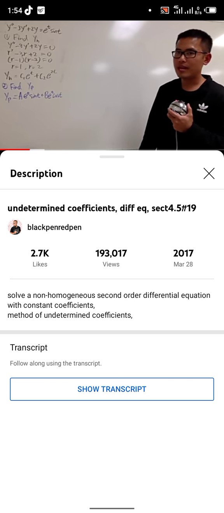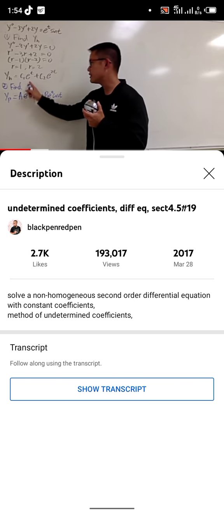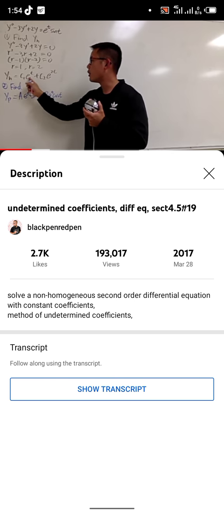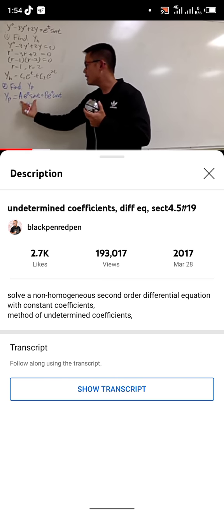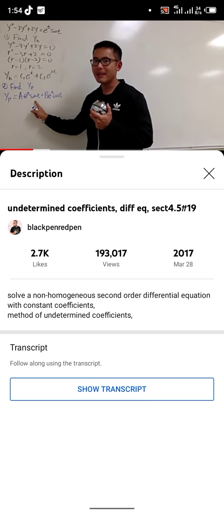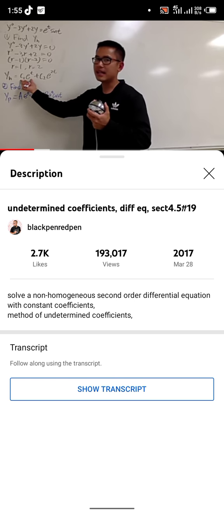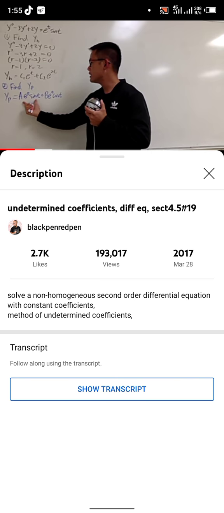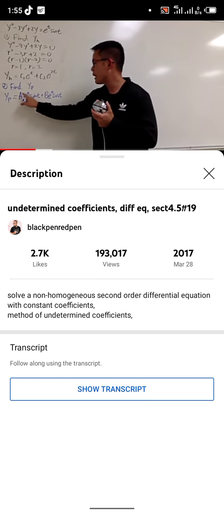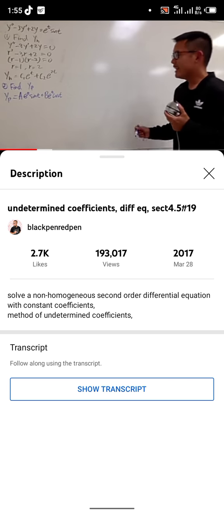And another remark before we do that, you see, yes, here we have e to the t, and yes, here we have e to the t as well, but this is just a constant multiple with e to the t. Right here, we have a times e to the t, and this is also being multiplied by sine t. In other words, this and that are not a constant multiple of each other. This and that are linearly independent, so we don't have to multiply by any extra t right here, which is great news, isn't it? Anyways,